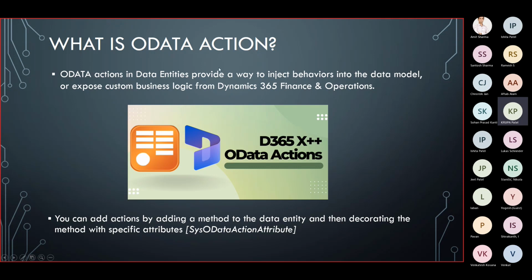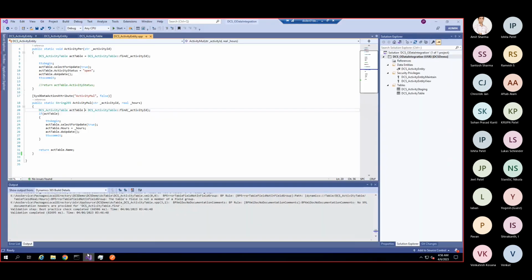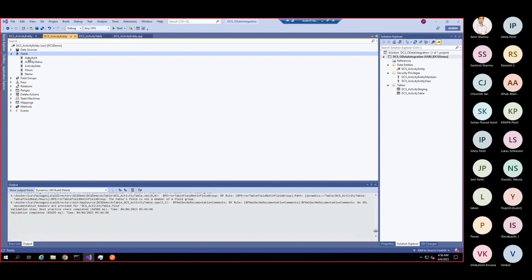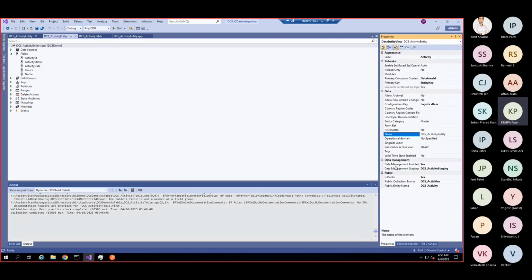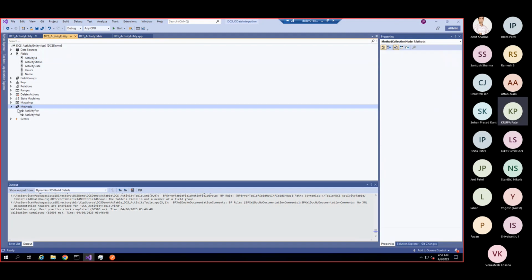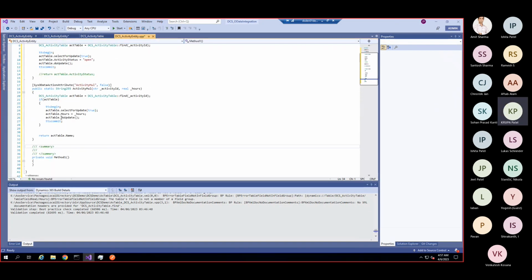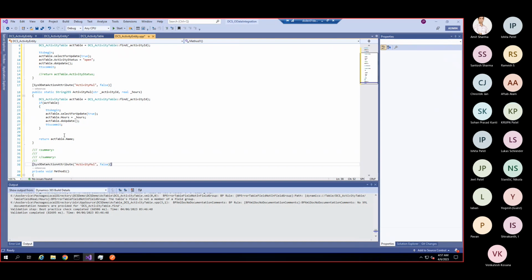So now we'll see in FNO how we can create the OData action. First of all, this is the entity that I have already created, and if you see in the properties, this is the public collection name that we use when we are fetching the data from OData. For the OData action, we just need to go into the methods and click on new method, and here we need to pass this OData action.